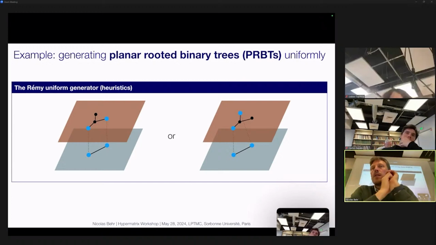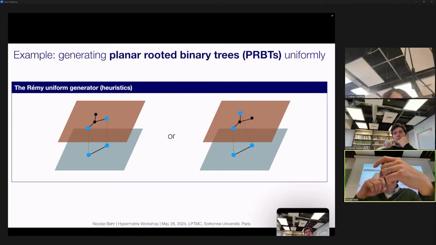And the trick is, you do a rewriting system rather than a sampling, but a non-deterministic one. So in each step, you have a small grammar, a vocabulary of steps you can do. You have to choose at random. And the step is very, very simple. I'm trying to visualize it here. In your current state, you pick an edge, be it the root, the left or right edge kind. You keep the endpoints of that edge, but remove the edge itself. And then you have two options of inserting this little Y-shaped thing.